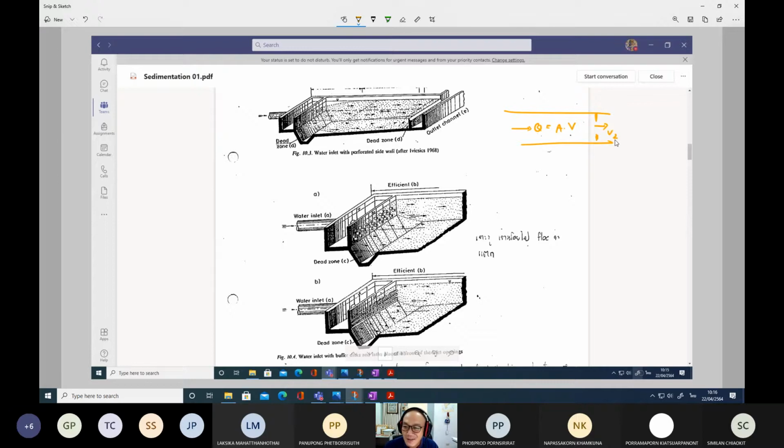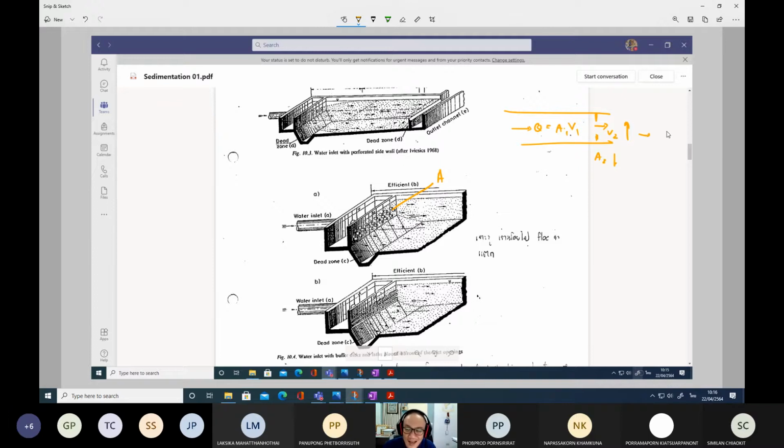So the velocity becomes V2, and the area becomes A2. So the velocity at this point actually increases as the area decreases. It is also the same as this one. So we need the proper area. It shouldn't be too high. It should not be too low. The opening area of the entire set of holes, because if we make holes like this, the increase of the velocity